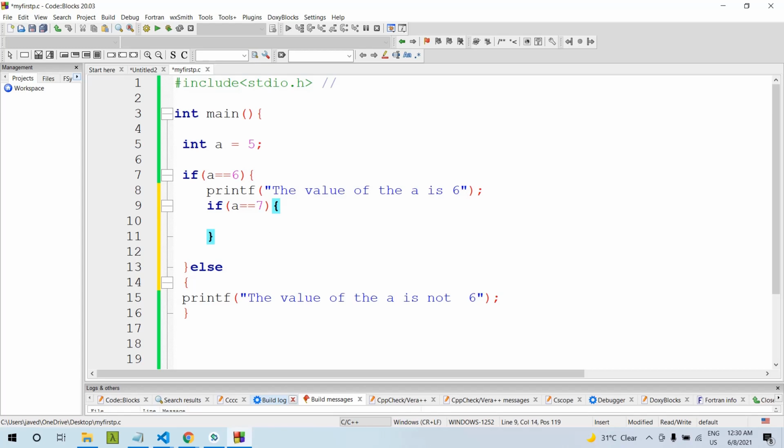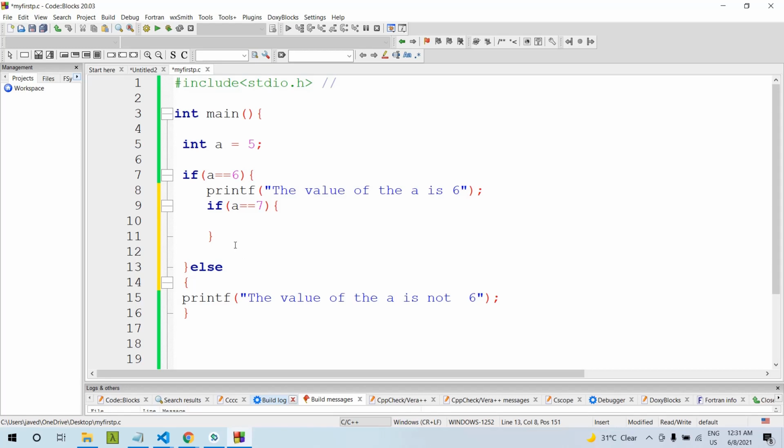Then we have the switch statement. The switch statement in C is the alternative to the if else if ladder statement, which allows us to execute multiple operations for the different possible values of a single variable called the switch variable. Before that, let's see the if else if ladder statement as well.